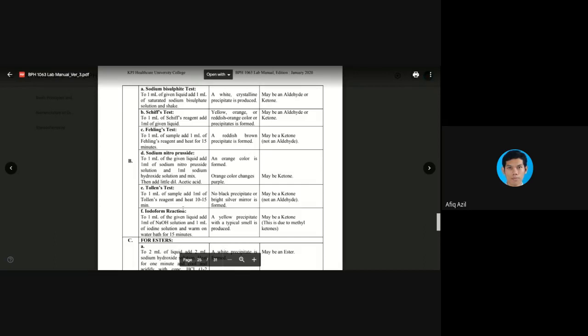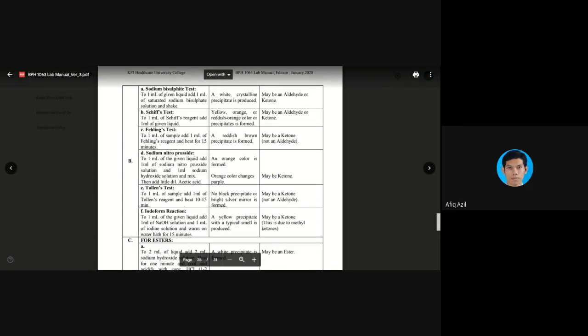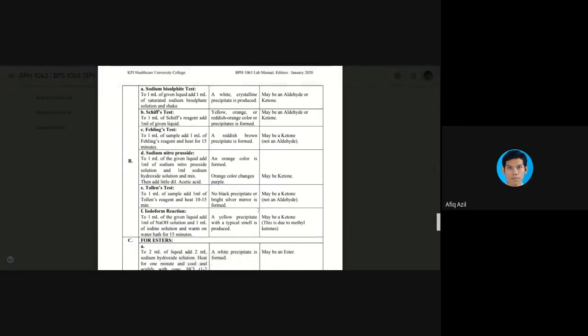Five of them, the observation said that it might be, okay, you cannot say truly confirmed, but it might be a ketone, while one test that you did said that it is not a ketone. So how do you decide on the functional group of the compound? So if